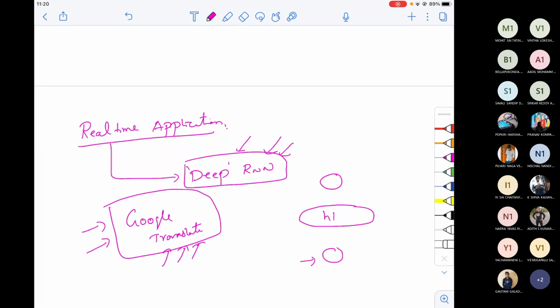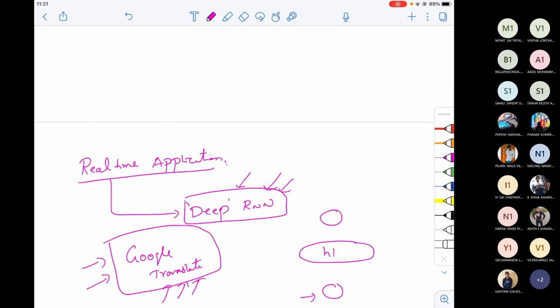Along with that, I also want you to show the output. Some of the videos that I've seen are not showing the outputs. How do we believe that the output came? So the outputs, at least the major outputs of your entire explanation, should be clearly visible in the video. Fine. So let us come back to this.